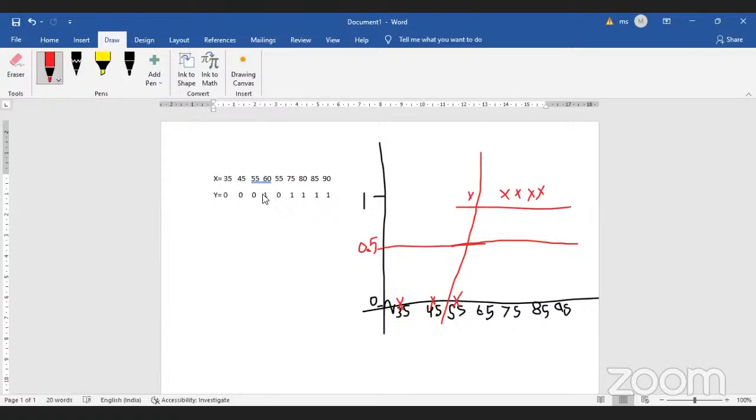So if these are the points, then it is fine. But what if I have changed my points? What if I change my points to